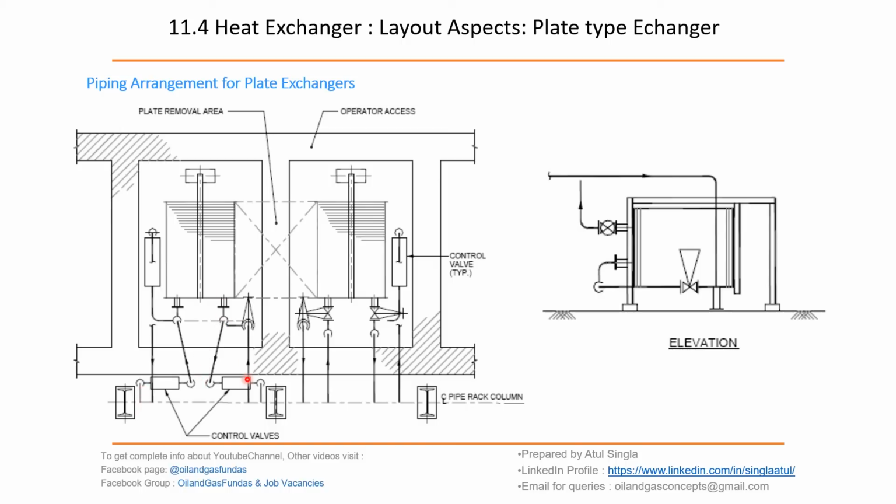This is also mirror. We can route these piping and control valves in front of this so that proper access is there, clear movement is there, and headroom clearance is there. Headroom clearance is there here also, and we have all around movement space also. So we have located all the control valves, one this side, one this side, and the rest of the two in front of it. This way we can locate all the control valves and all the isolation valves towards the access, and then we can enter into the pipe rack like we have done for other shell and tube exchangers.